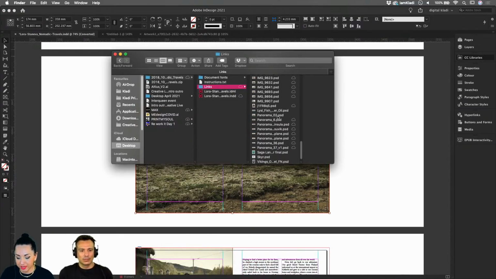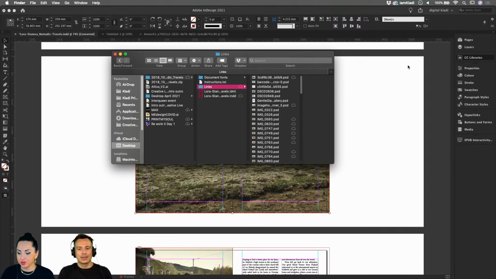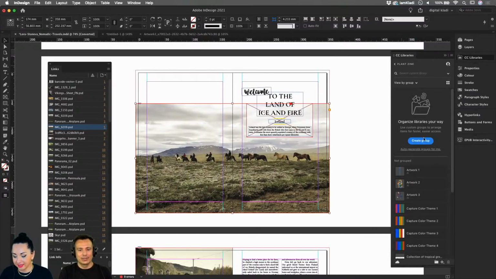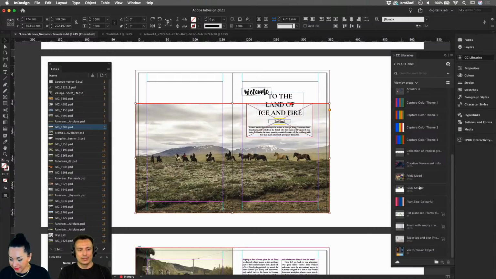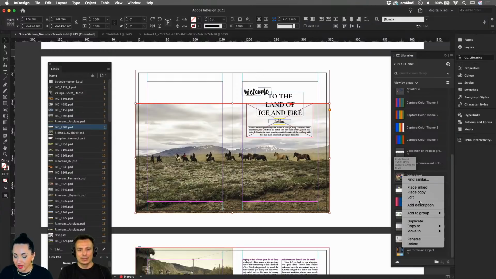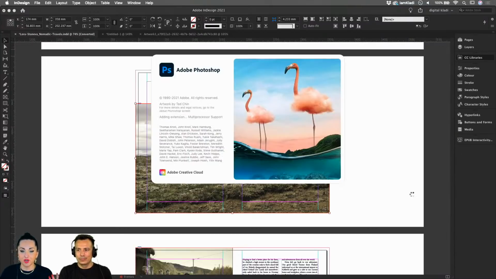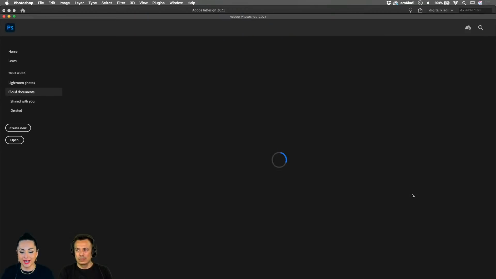So Laura, what I would have done here is to get any of these Photoshop files and then perhaps create a dedicated Creative Cloud library in which you can then simply drag your image in. And let me show you what happens when you have any image open here. Let me see if I can find a JPEG here. When you right click on it and select edit, right from InDesign, Photoshop will launch. So that's how you can access Photoshop directly from InDesign, and then you can go ahead and edit your image.